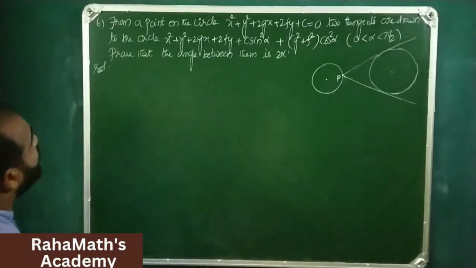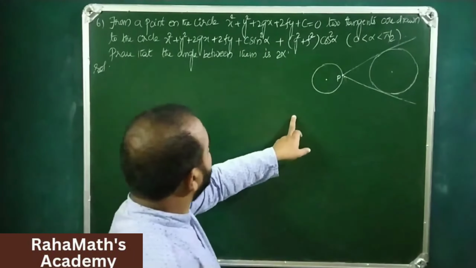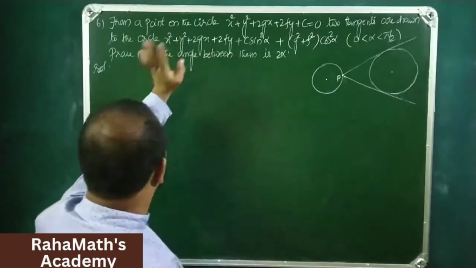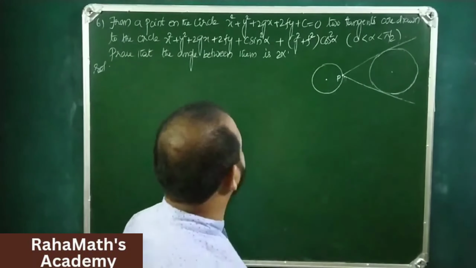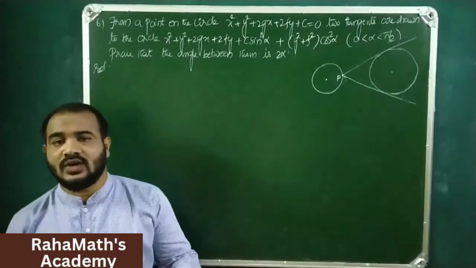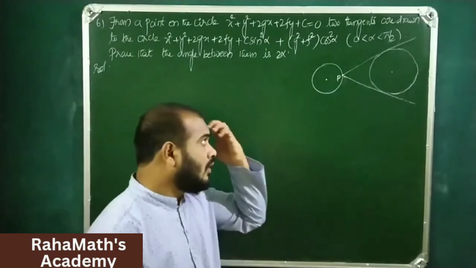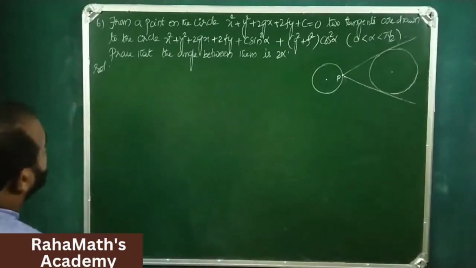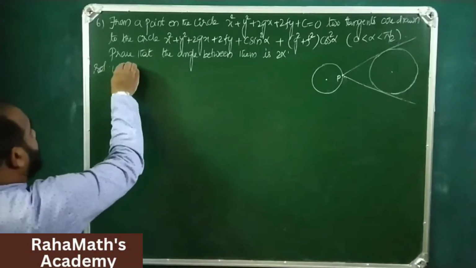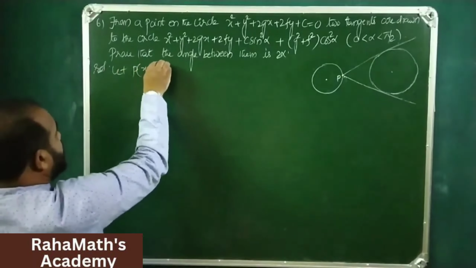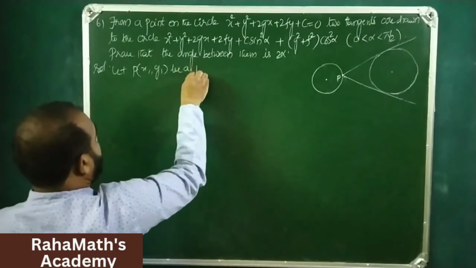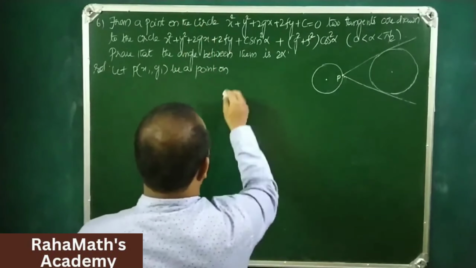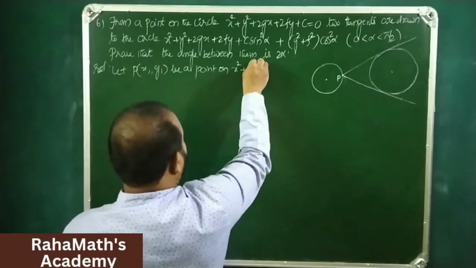Now the question is, from a point on the circle, two tangents are drawn to the circle. Prove that the angle between them is 2 alpha. So this is the question given. So clearly there are two circles. So from a point, let P(x1, y1) be a point on the general equation of the circle,